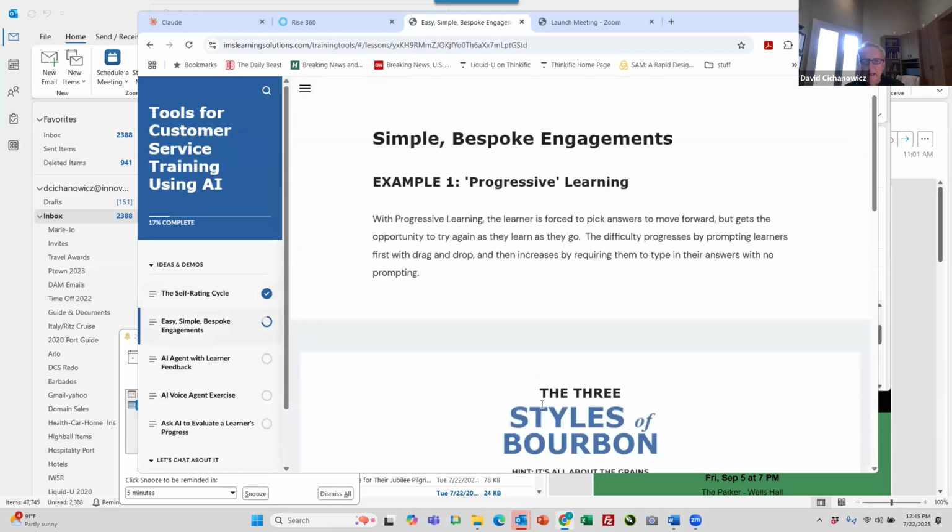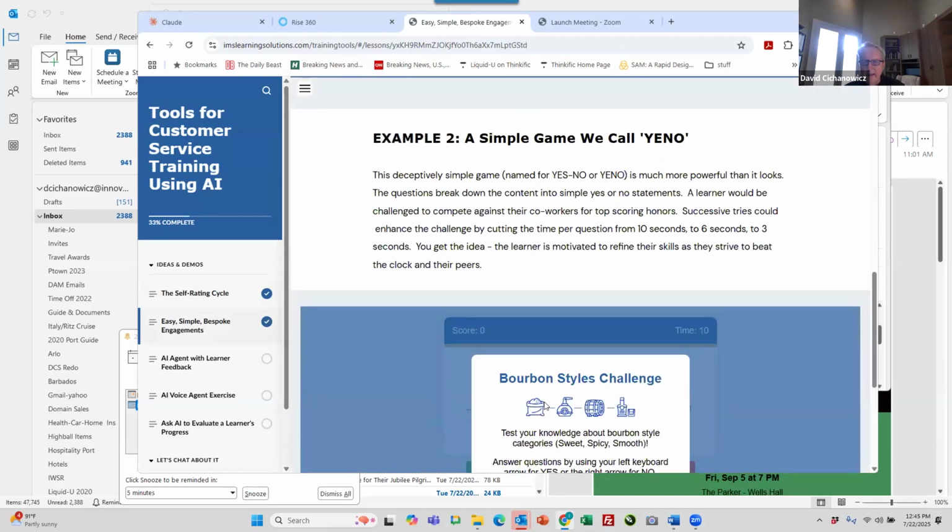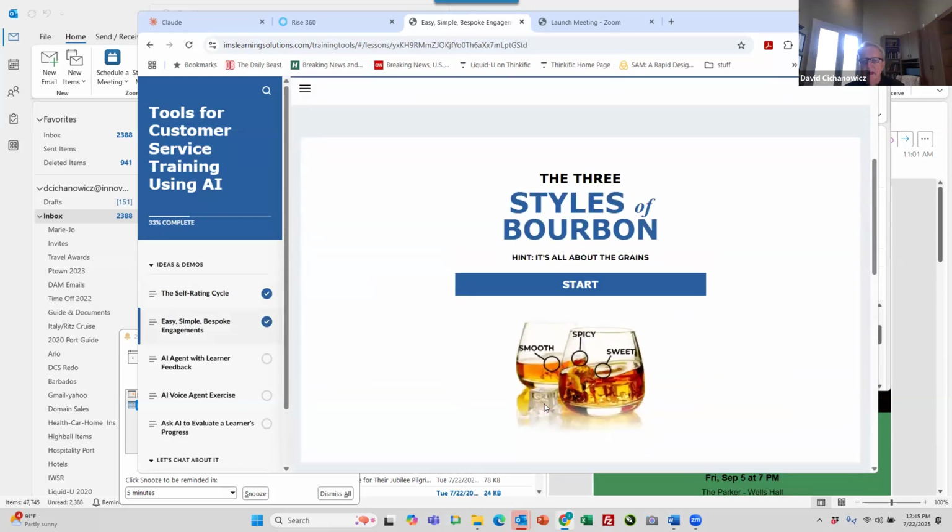Example number two, and there's two of these. There's a game here, and then there's a little exercise here. I would call it drag and drop and fill in the blank, but in a much more robust kind of way. So if you're used to using those basic tools, and what you're finding in Rise doesn't really give you everything that you want, this actually allows you to do it on a path,